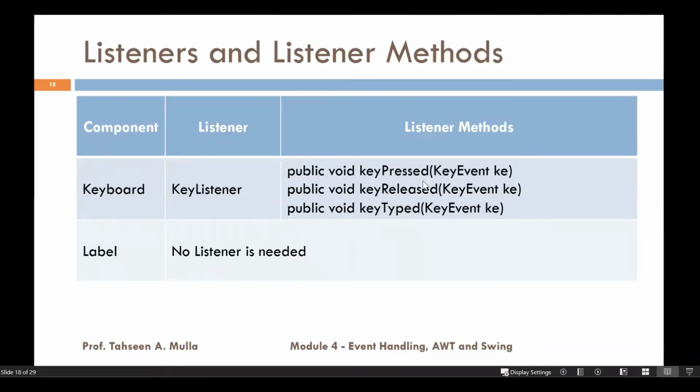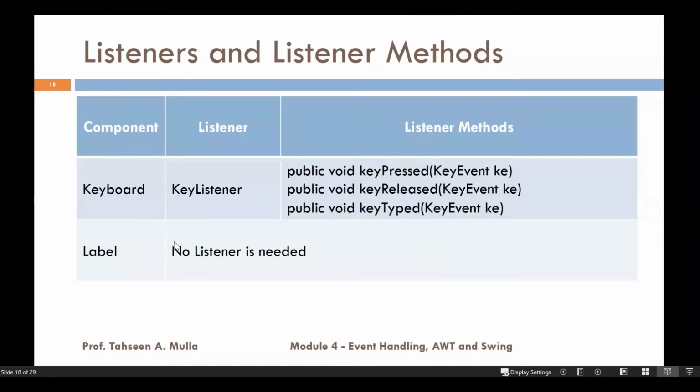When you release the click from the keyboard, then it will be called key released, and on whichever button you pressed and released, that particular key will be typed. So it is for all keys, or you can say all buttons on your keyboard.